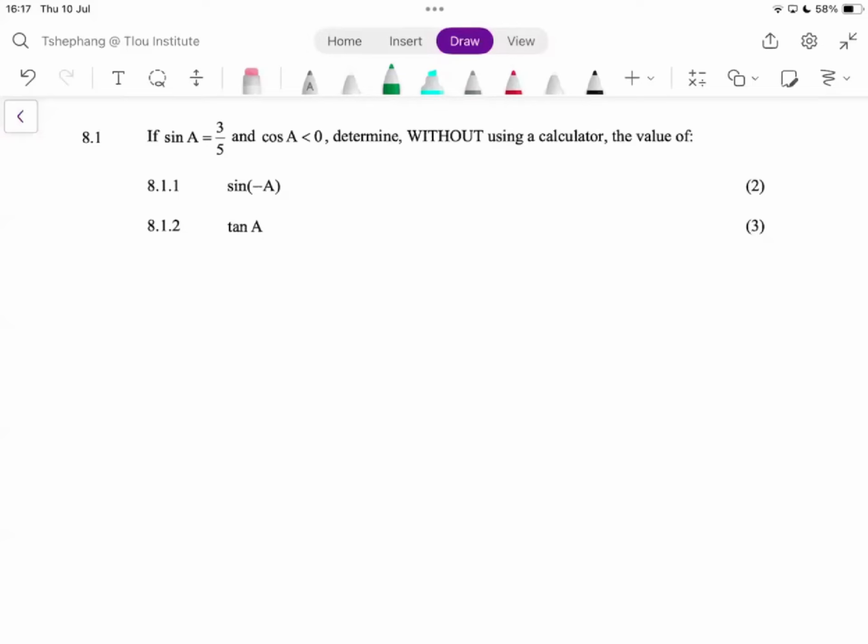Okay, there are answers in the chat already. We are all in agreement because we are getting -3/5. Okay, so remember that they gave us sine of A is equal to 3/5. Now this is the same as sine of 360 minus A. Whenever we're dealing with a negative angle, we add a 360 in front. 360 minus becomes negative sine of A. What do you know about sine of A? Sine of A is 3/5. But the negative sign is there because we are dealing with a negative angle.